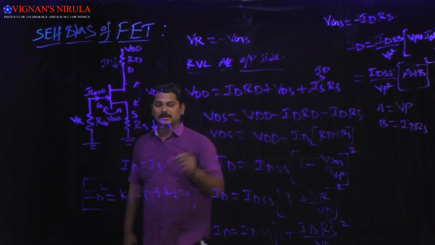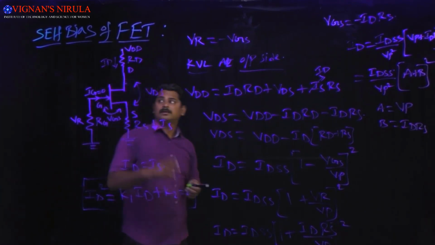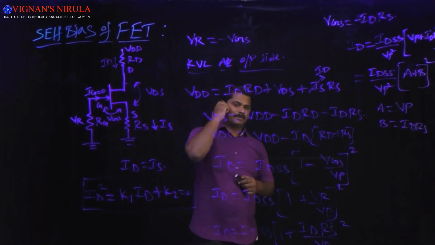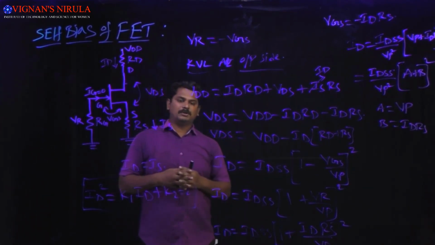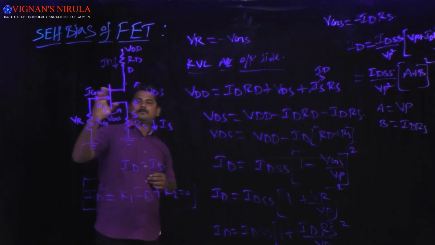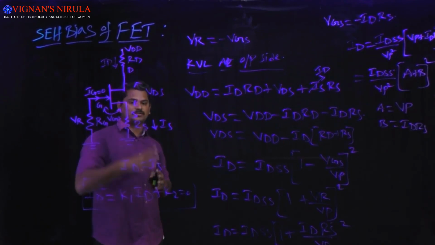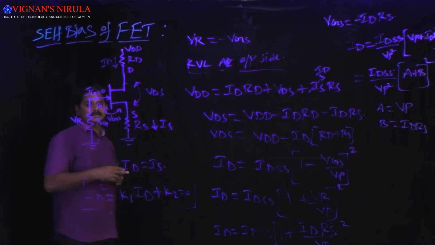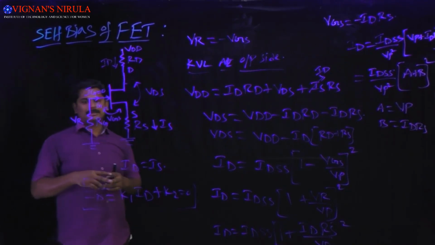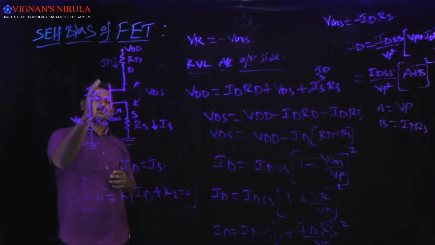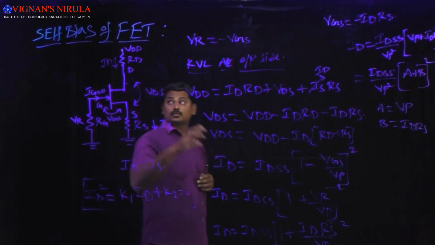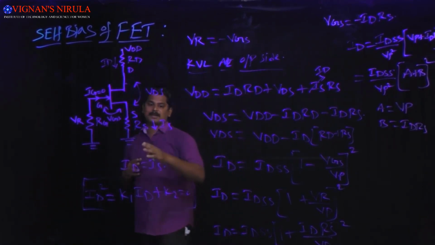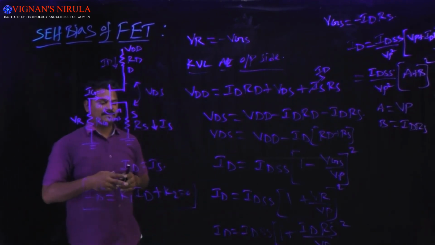And dear students, this is the solution part for the self-bias field effect transistor. When we compare self-bias and fixed bias, we have to observe a few more points. In self-bias we are using 3 resistors and 1 voltage source only, but in fixed bias we are using 2 resistors and 2 voltage sources. When we reduce the voltage sources from 2 to 1, we can maintain the Q point in the active region. So comparing self-bias and fixed bias, self-bias will give better results from the amplification point of view.